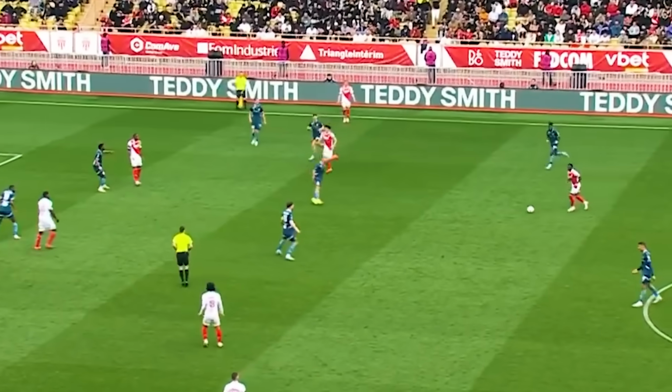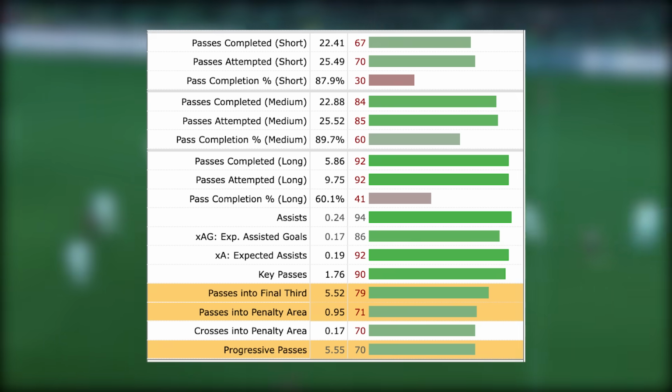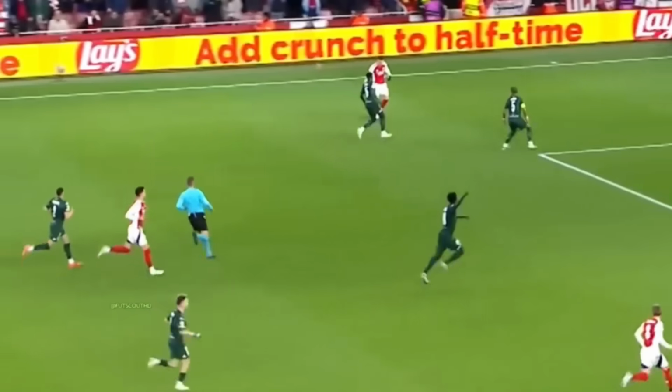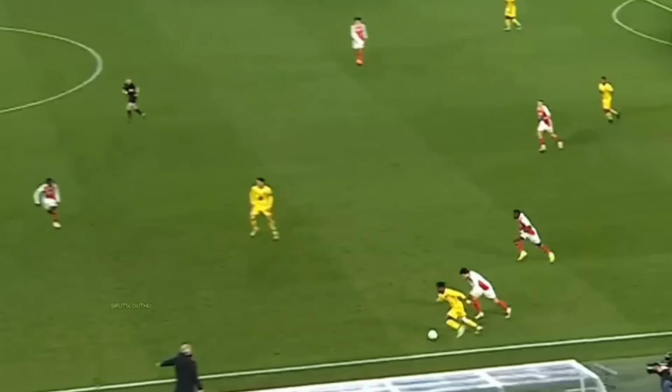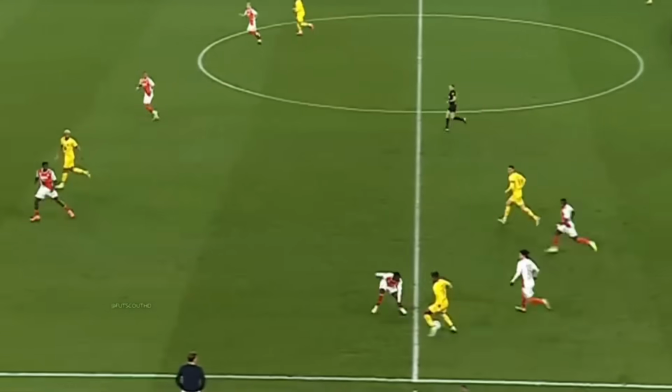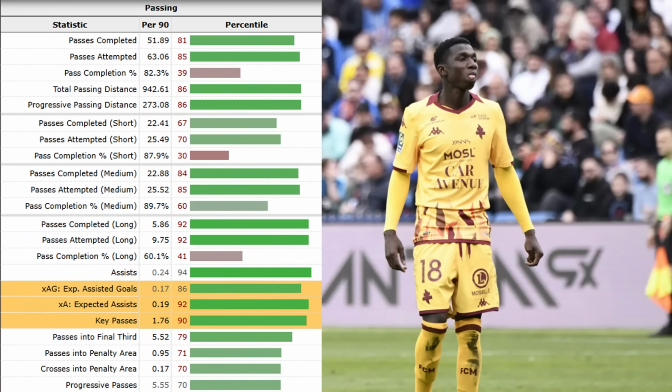And even though statistically his progressive passing output isn't as high as Ederson's for most metrics, from the eye test you can see that he is far more of a deeper line playmaker, with Ederson being more of a box-to-box midfielder or a ball winner. But Camara is a central midfielder who is very creative from deeper positions, and his expected assists, xG assisted and